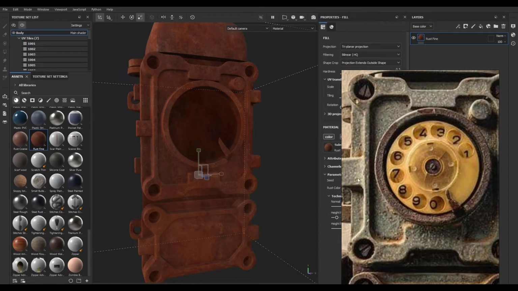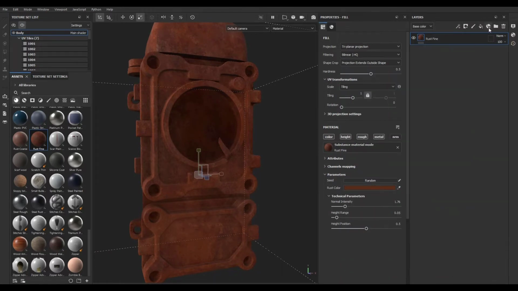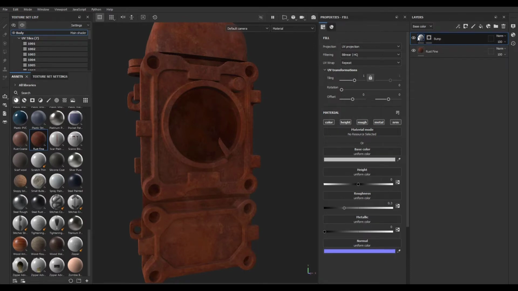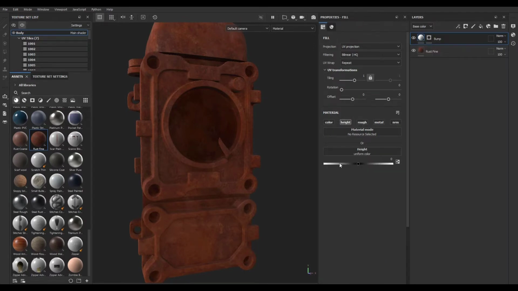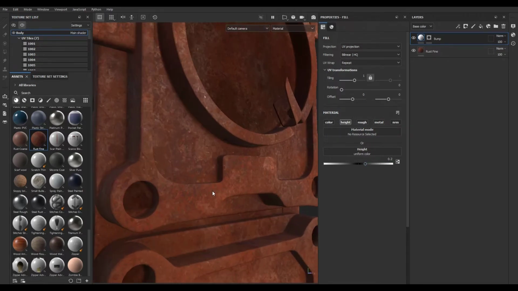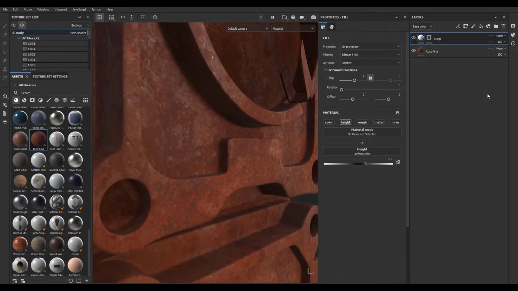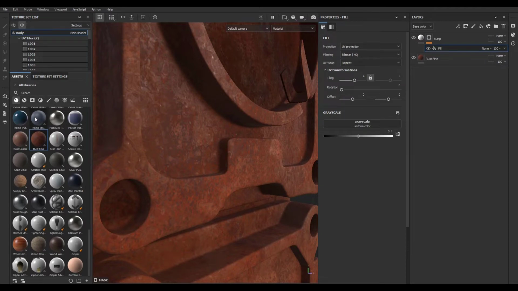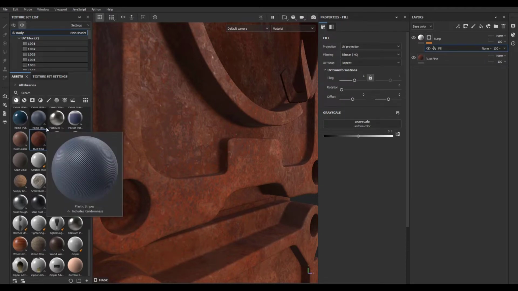So first of all, let's build the normal bump. Create another fill layer called bump. Add a black mask. Inside the material, alt click on height channel. Add a little bit of height positive. All right, let's zoom really close. Now add a fill layer to the mask. Select the mask, add a fill layer to the mask, and let's see